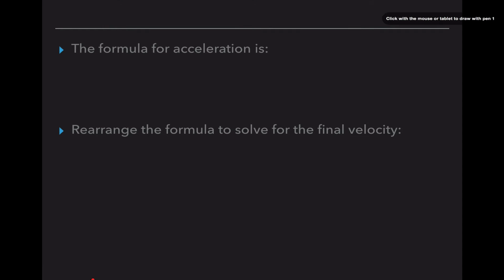Now we're going to look at our acceleration equation. We're going to do the same thing. A equals VF minus VI divided by t. Mathematically the same exact equation as the previous slide. The variables are different, but the math is the same. So if we're going to solve for the final velocity, we're going to go through the same steps. Multiply both sides by t